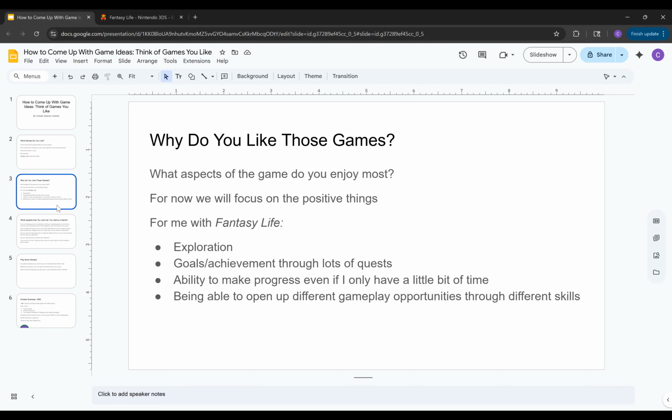Another thing that I really like is that there's a lot of clearly defined goals and achievements throughout the game, mostly in the form of quests, right, or objectives. So you can go around in the game and you can talk to different people throughout the world, and they might have requests for you to do, like, hey, I'd really like a pumpkin pie, for instance. So you can either go see if you can buy a pumpkin pie, or you can become a cook and learn how to make a pumpkin pie.